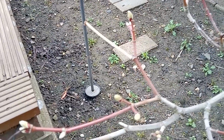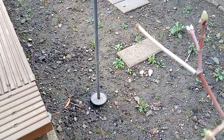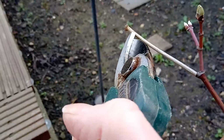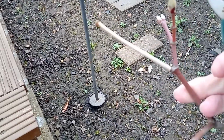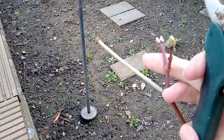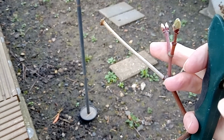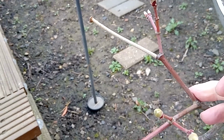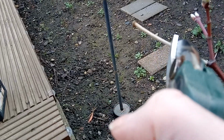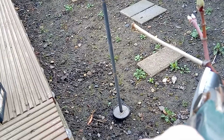Hello there, there's a couple more examples on the tip branch dieback. As you can see, this branch here is a totally different colour from this nice healthy branch here with nice swelling buds. Now this is mid-March and the buds are just starting to swell here in the UK. So all we do is trace this piece of dead wood back to the healthy section here,